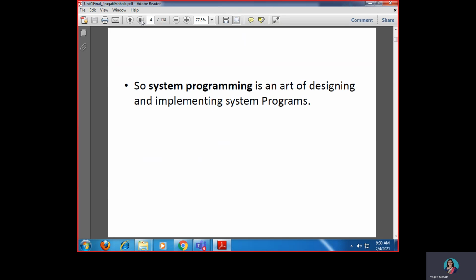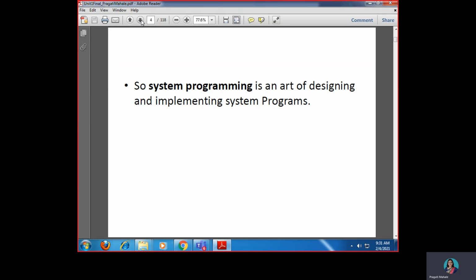Now let us come to a proper definition. A simple definition: system programming is the art of designing and implementing system programs. Please understand this. What do we mean by design here? In our IT department, while learning various subjects or programming, we have a phase of designing, in terms of algorithms, flow charts, or block diagrams showing the various components.